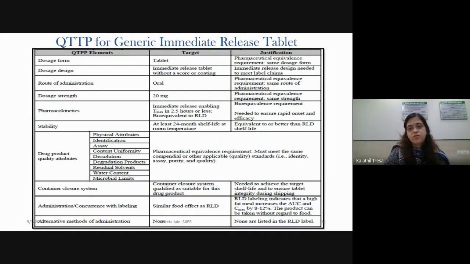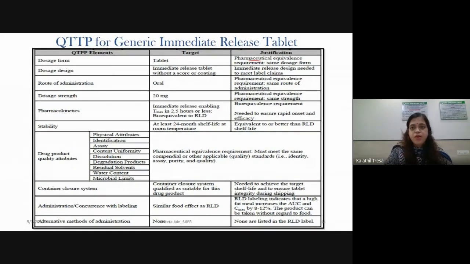The regulatory agencies require this, the justification of why you are having that particular target and why this is an element of your QTPP.